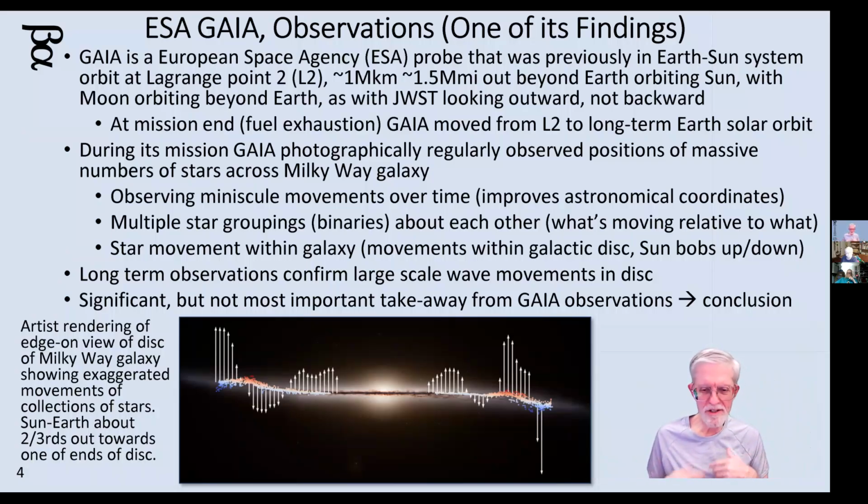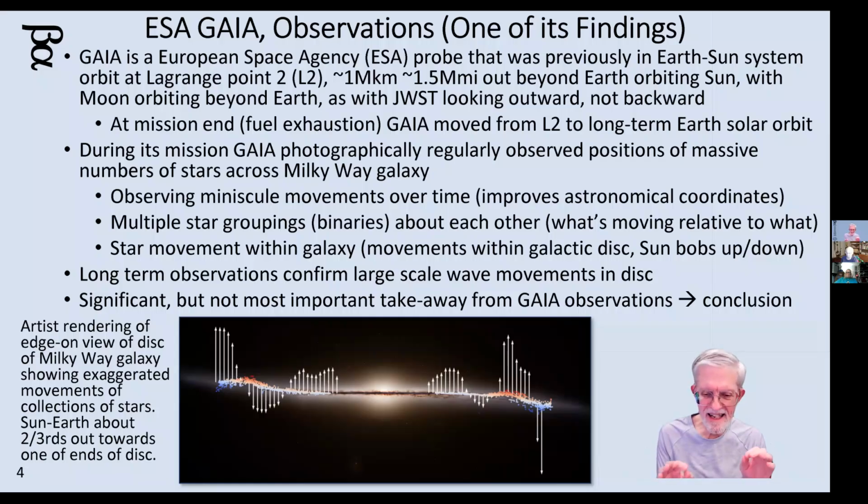Not something you're going to notice in your lifetime or even your children's lifetime, but over the history of the Earth, in various observations, probably involving rocks or ice cores, they've observed the bobbing of the sun up and down through the plane of the Milky Way. And if you take that over the hundreds of billions of stars in the Milky Way, you can now see by all their individual movements a wave action going through the disk of the Milky Way.